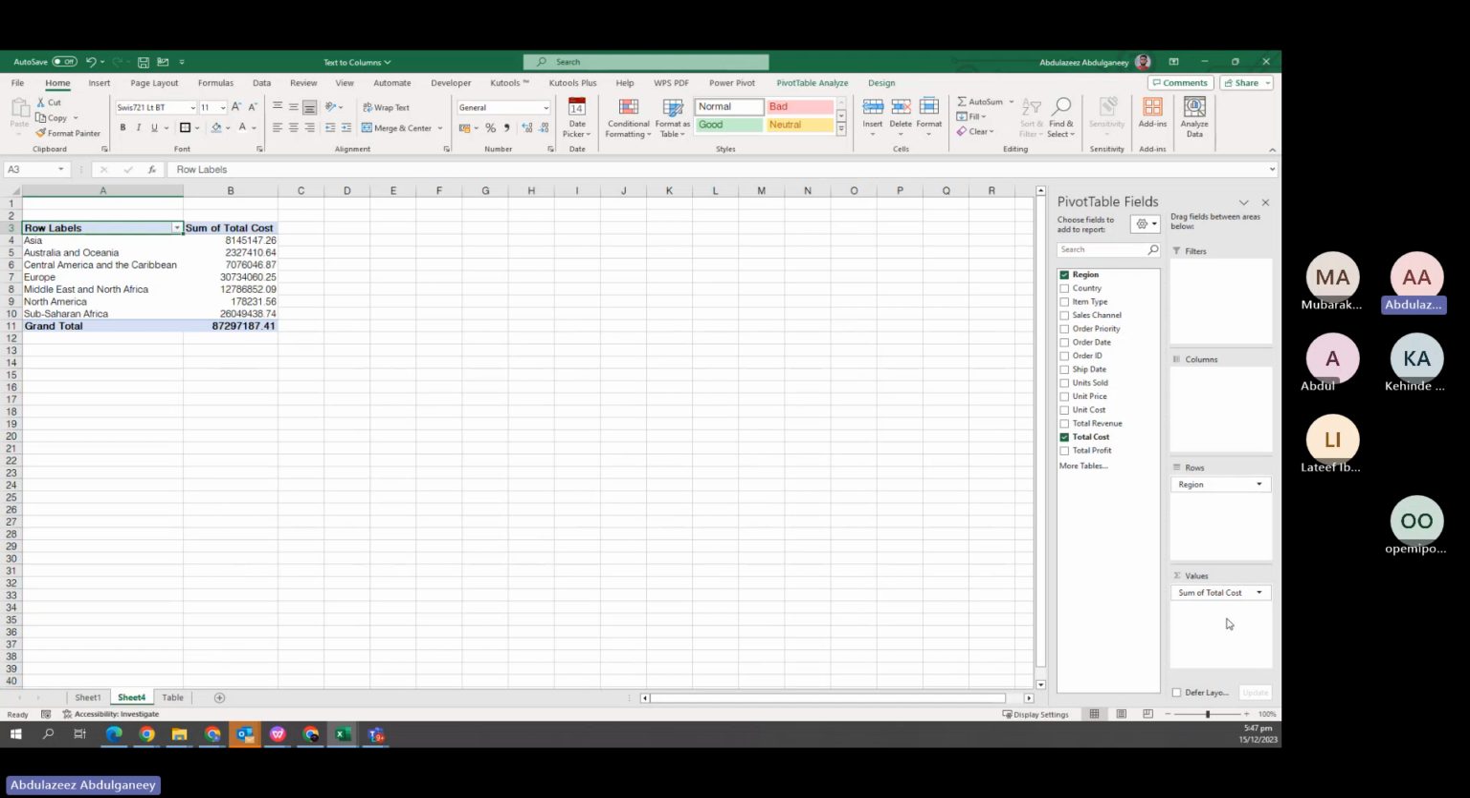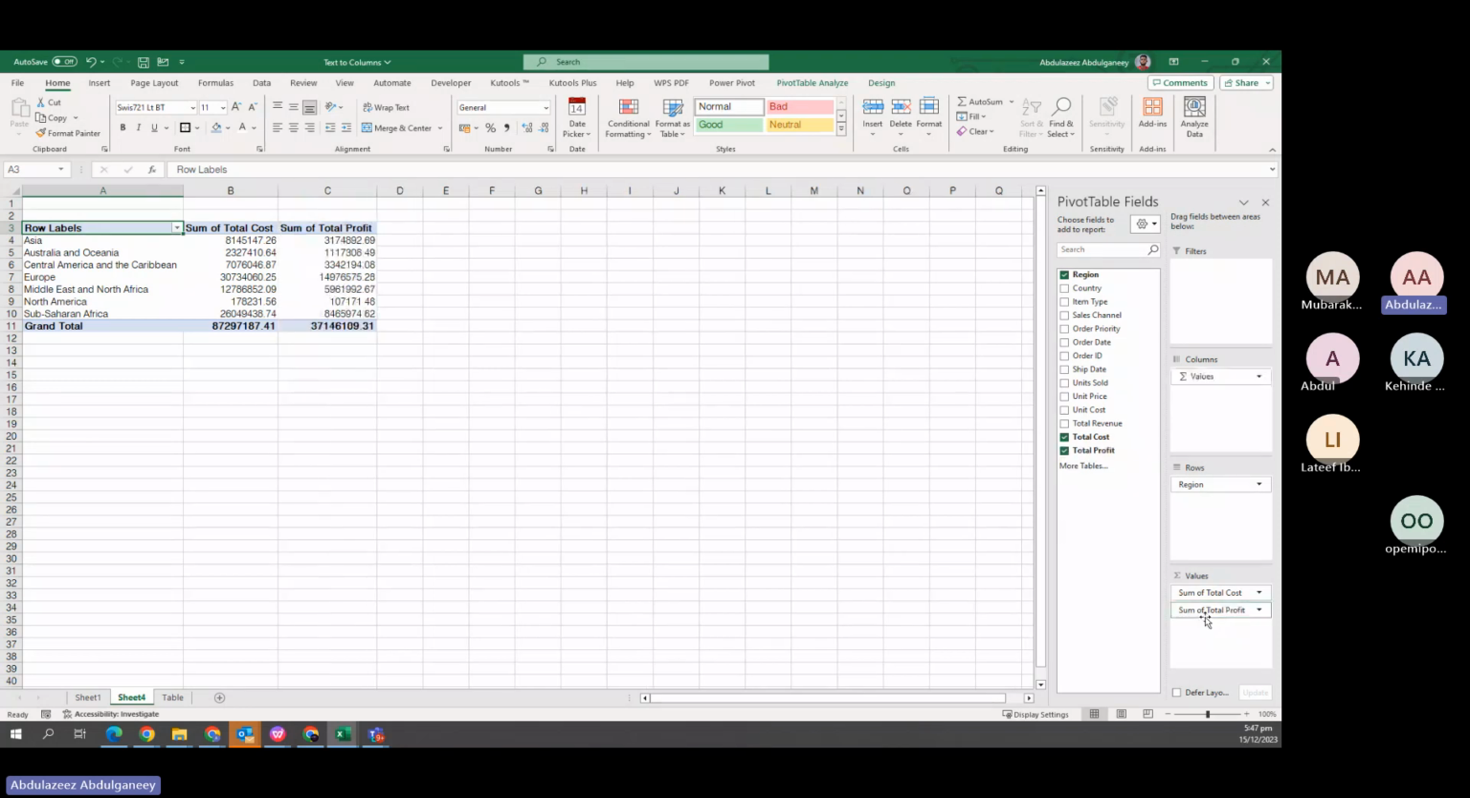I want to see my total profit also. I'm clicking and dragging this down to the values. Then I have easily summarized my data set. So within 2-3 minutes, I have summarized